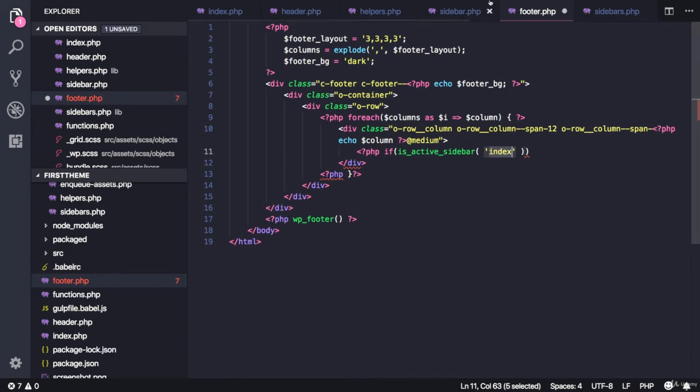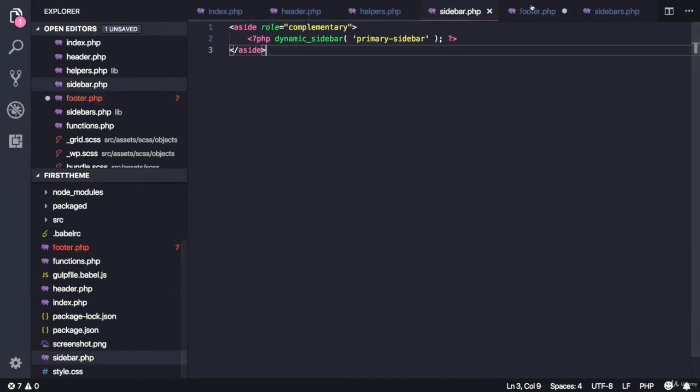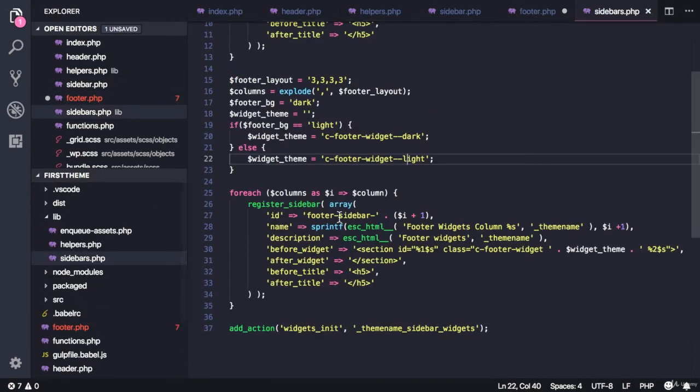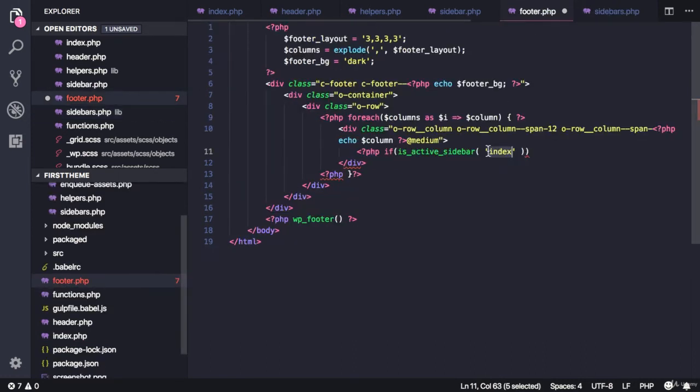and then remember the ID was footer sidebar and then the index, right? So footer-sidebar- and then i plus 1. So this will check if each column in the loop is active, and then